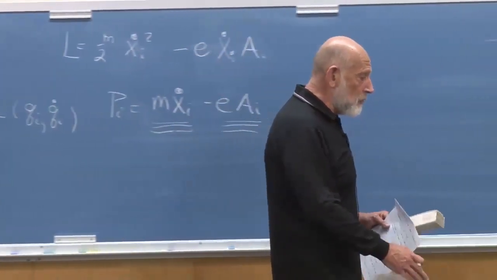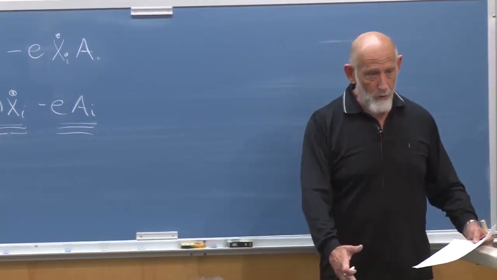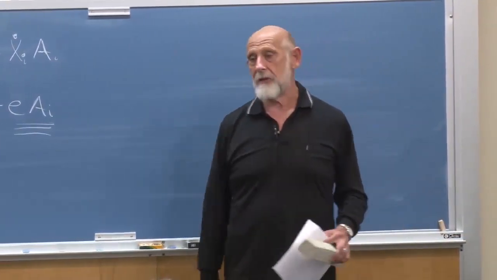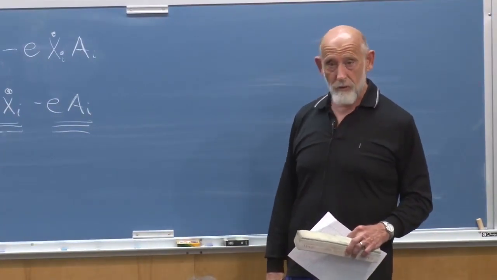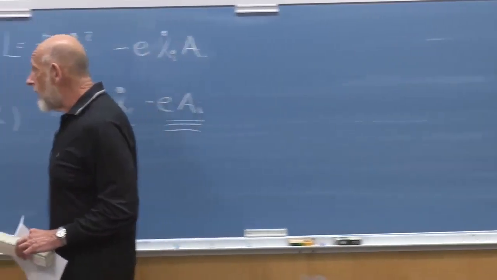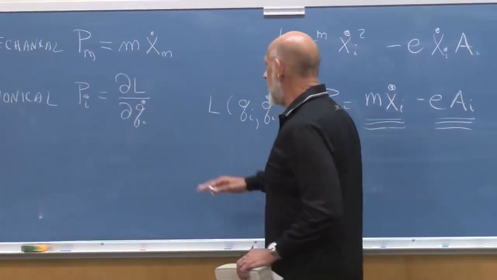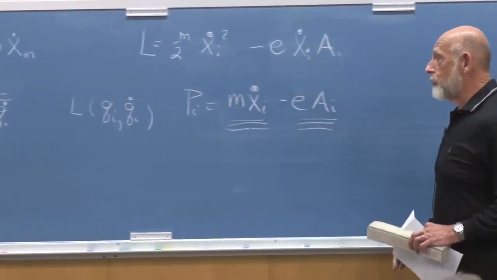In other words, if the Lagrangian doesn't change when you shift coordinates, x goes to x plus a constant, then there is a conserved quantity, and that quantity is also called momentum. So it's yet another thing. It may or may not be equal to this. It's the quantity conserved by virtue of